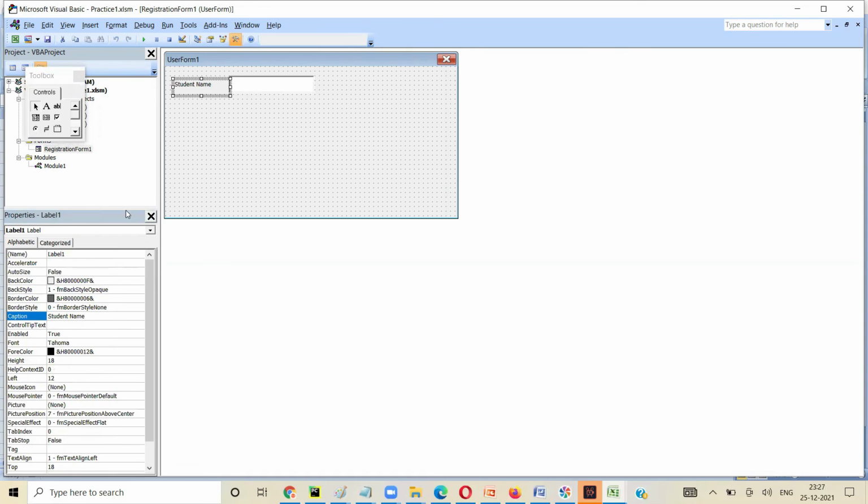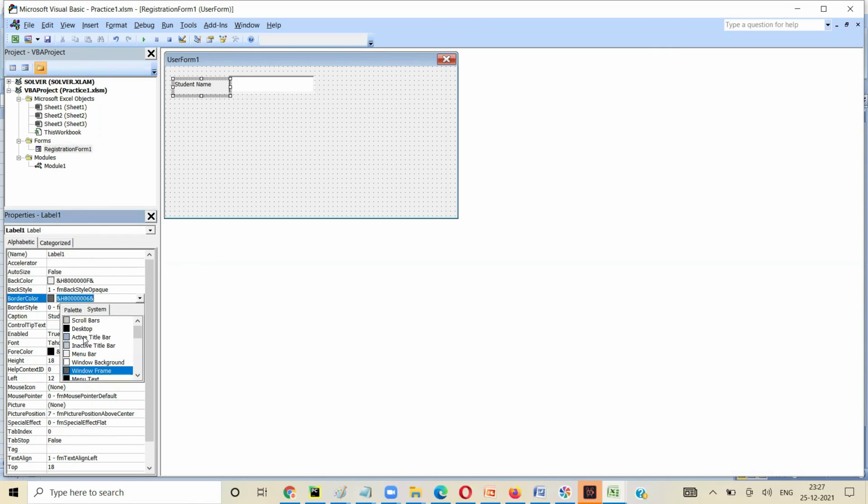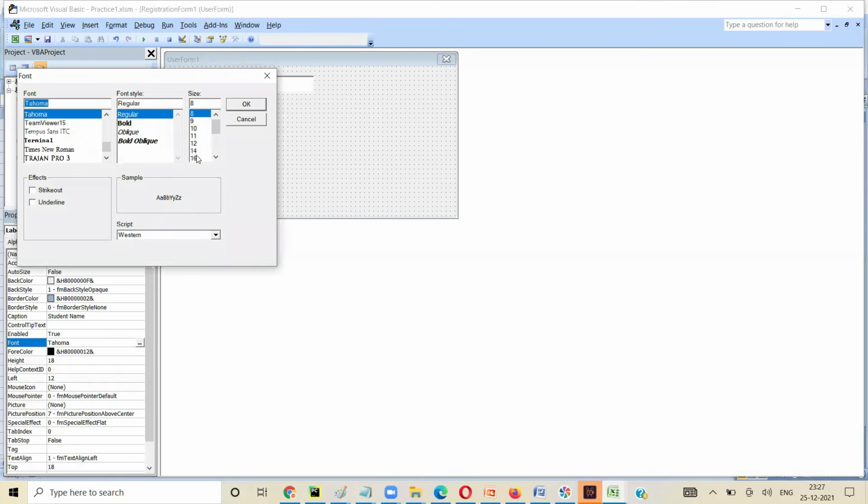You can change the font size, background color, etc. Say I want to change it from 18. So you can change all this. Let's say I want to change the border color, so I can change the border color. And let's say font, I can click and make it 16 bold.